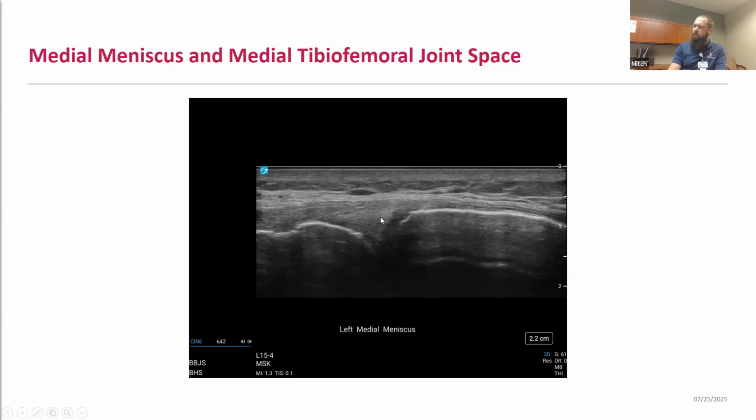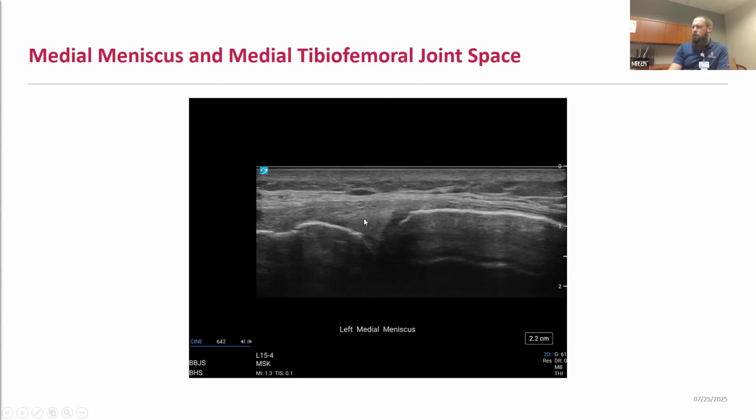And so you'll follow the meniscus from the anterior horn out here coronally to the body underneath the MCL. And then you can follow it to the posterior horn at the posterior aspect of the knee as well. Again, depending on your patient, the size of the patient, sometimes to get good visualization of that posterior horn of the medial meniscus, you may need to use a curvilinear probe. But again, a lot of times you can get away with that linear probe to evaluate for these.